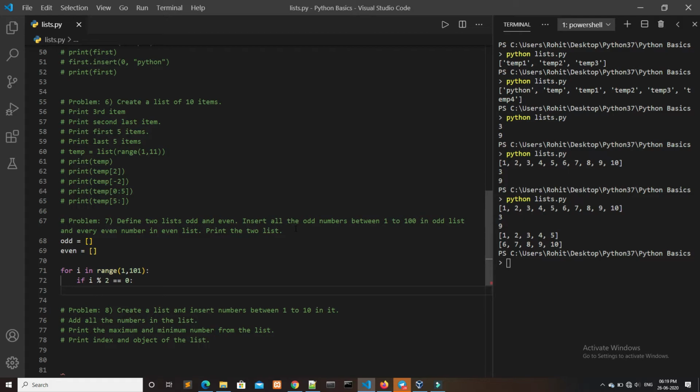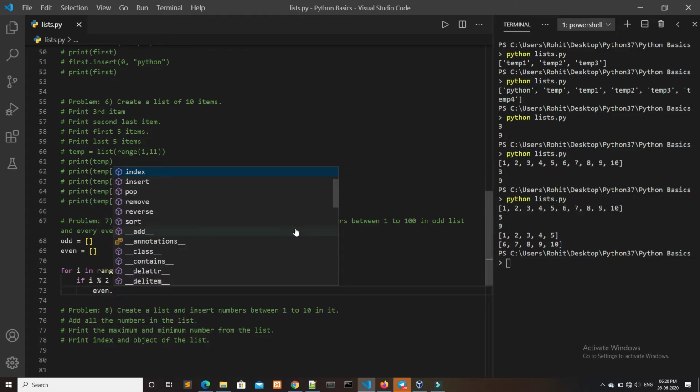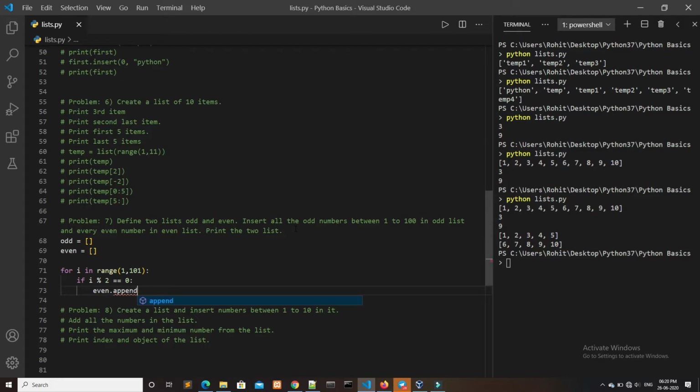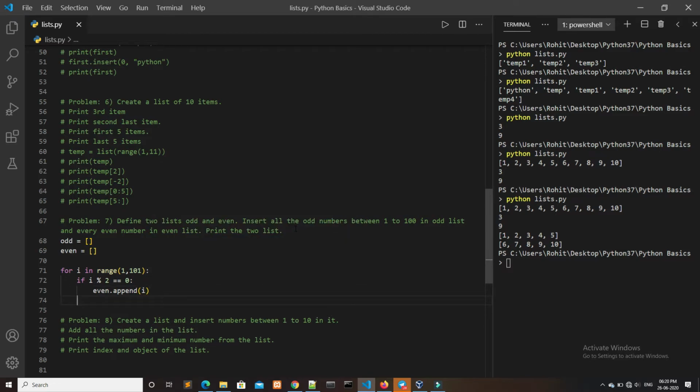If it is divisible by 2, it must be an even number, and if it is an even number, we have to append the value i in the variable even, that is even.append(i). And if it is not even, then it must be an odd number.